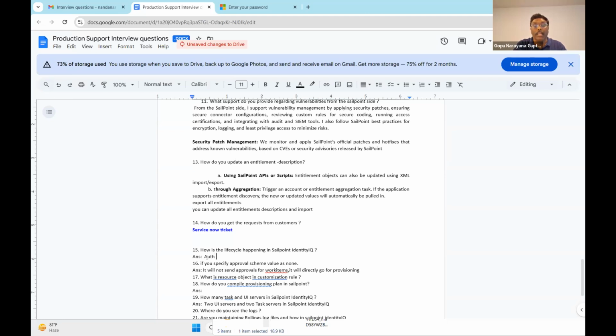Authoritative source systems are there. In the authoritative systems, it's going to be personal information of the employees: first name, last name, email ID. Once I have loaded the data, once I have aggregated the data into SailPoint,